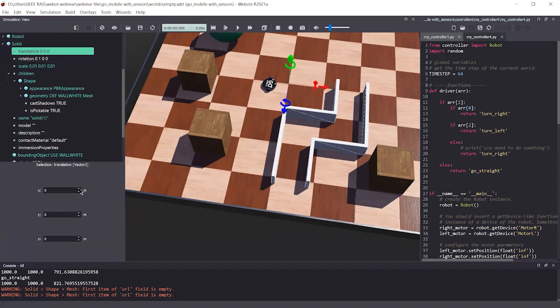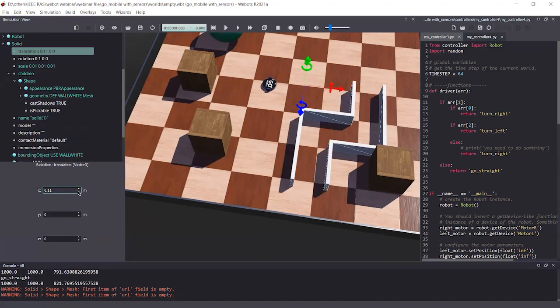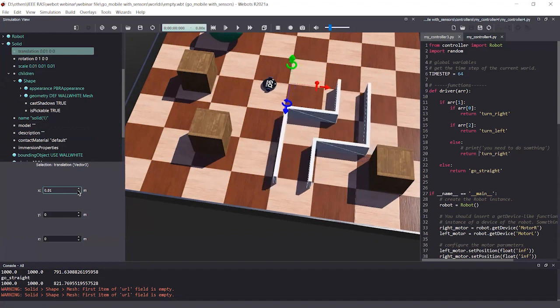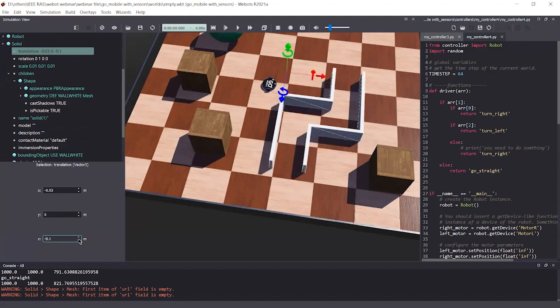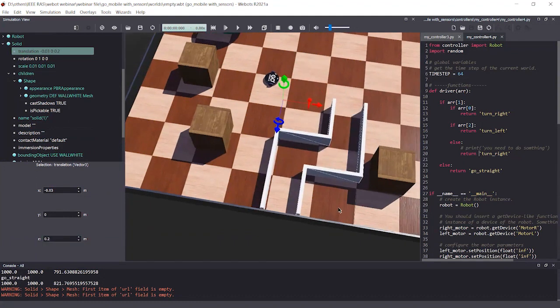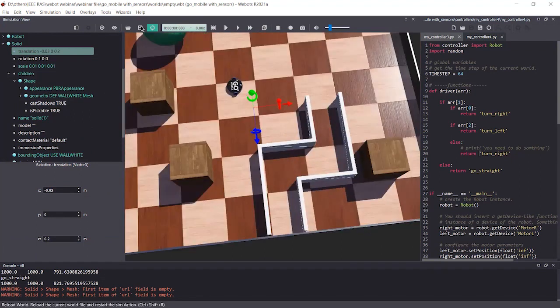I'm going to change this in the X direction, then the next direction, change, and the Z direction. Okay, this is good.